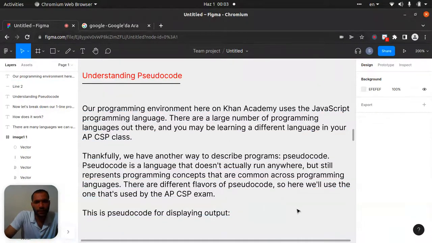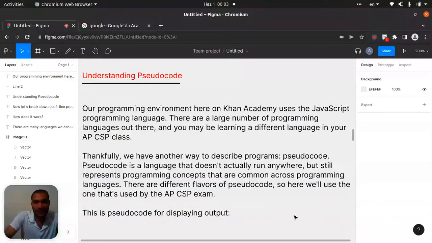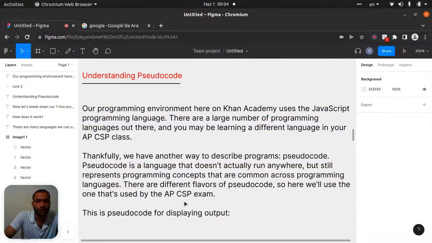Thankfully, we have another way to describe programs, pseudocode. Pseudocode is a language that doesn't actually run anywhere but still represents programming concepts that are common across programming languages. There are different flavors of pseudocode, so here we'll use one that's used by the IPCSB exam. This is pseudocode for displaying output.